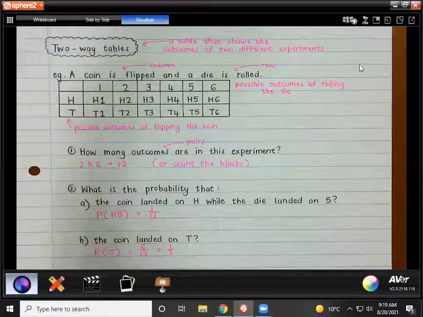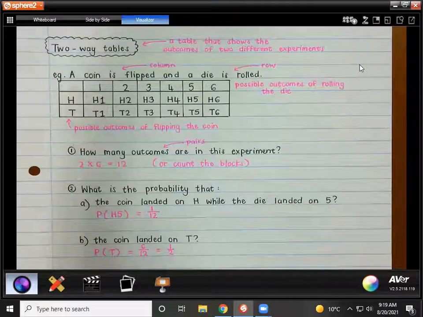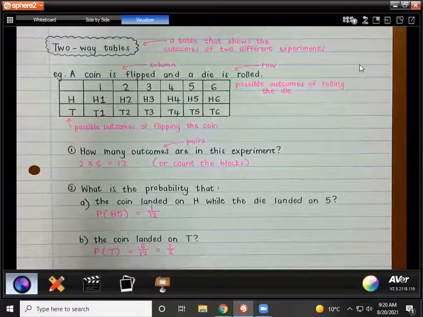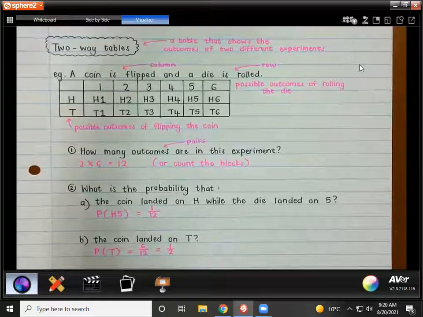Okay, two-way table. I don't know if you already figured it out while you were copying it down, but there we have 2 things happening, right? So 2 experiments. You are flipping a coin and you're rolling a die. It also would have counted as 2 experiments if you flipped a coin twice, because then the first flip is 1 experiment, the second flip is another experiment. So what you do is you put the possible outcomes of 1 of the experiments at the top. It doesn't actually matter which one goes at the top. You could have done it the other way around. So you put what could possibly happen in the 1 experiment at the top of your table, and then what could happen in the other experiment going down your table.